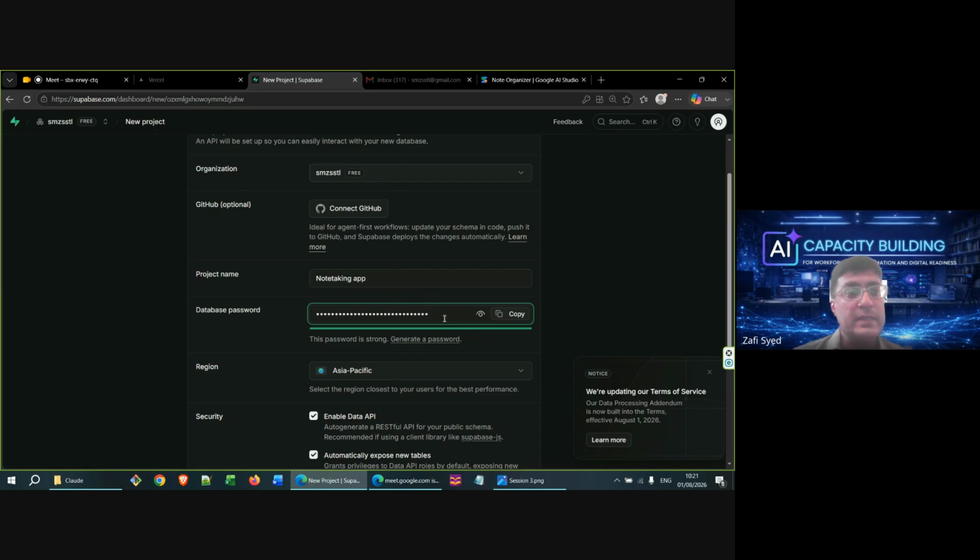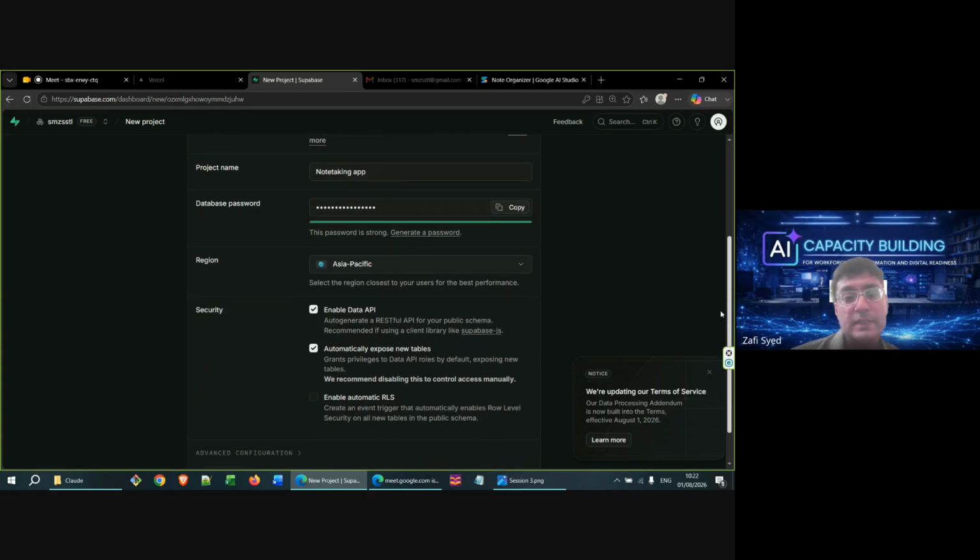But being mindful of this password is very important because what this password does is to give you access to the entire database, even if you have some security mechanism added in, such as row level security. So just be mindful of this and do not share this with anyone. You can also generate a password, and then you can copy it and store it at a safe place.